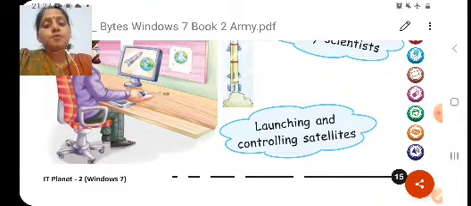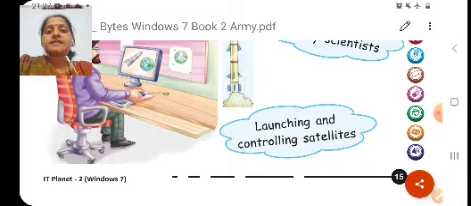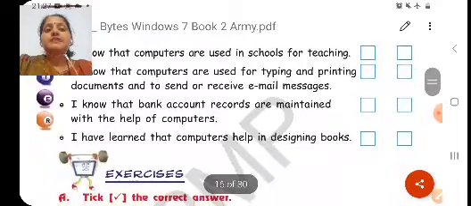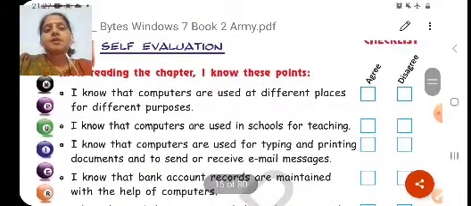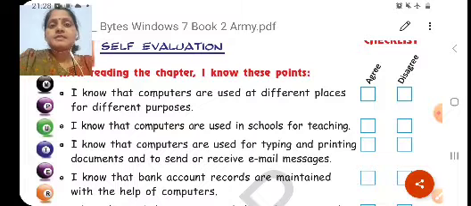So children, that is school, hospital, bank, office, for scientists and research centers, in hospitals, railway station, airport, homes. So everywhere nowadays computers are found, and we can say that it has become part of our life. Same as children, small machines are used daily in our houses. These computers are also used in our houses. So children, nowadays at the time of pandemic, children, we are using it for classes also. Daily we are doing online classes using the computer.